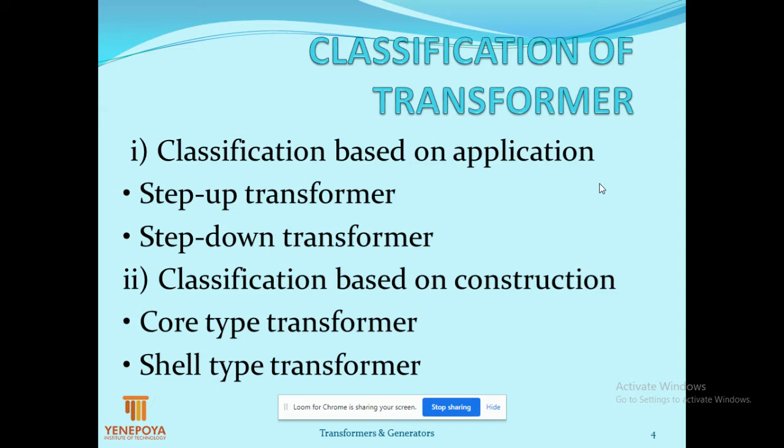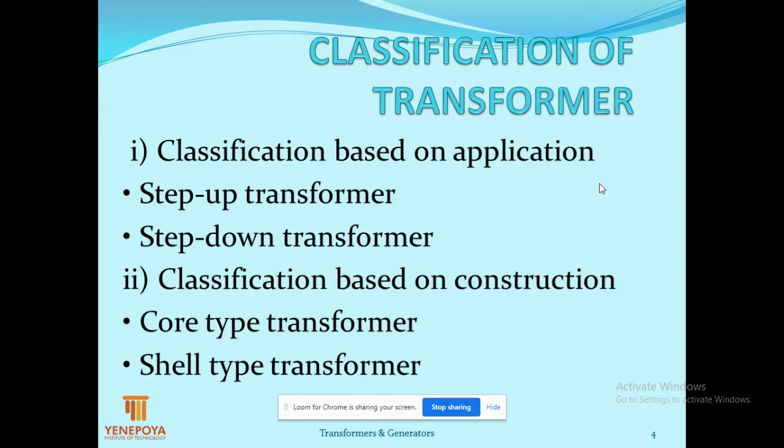As we know, a transformer is an electrical device which is used to transfer electrical energy from one circuit to another circuit. Depending upon the application, a step-up transformer is going to step up the voltage. Since a transformer contains a primary winding and a secondary winding, a step-up transformer is used to step up the voltage to a level suitable for transmission. Let's say the input voltage to the transformer is 11 kilovolt. It has to be stepped up to 132 kilovolt, which is suitable for transmission over a transmission line. Then 11 kV/132 kV is called a step-up transformer.